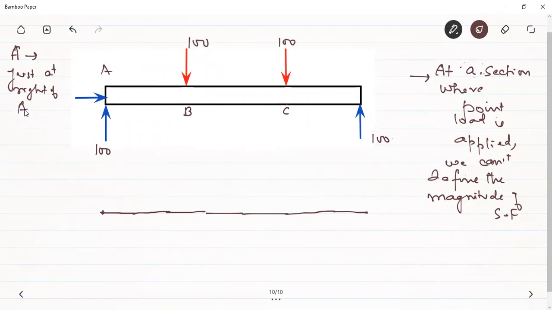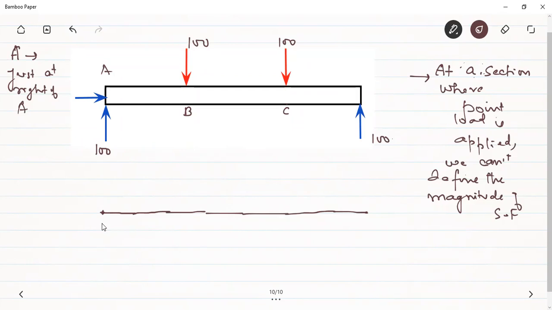How do we find the shear force? Take the algebraic sum of all the forces either towards the left or towards the right. Here it will be easy to take the forces towards the left because we have only one force towards the left, and that is equal to 100. The shear force at that section will be 100. Will it be positive or negative? It will be positive because on the left-hand side of the section, the net force is upwards, and that is to be taken as positive.